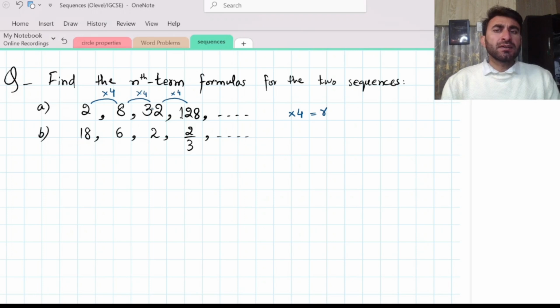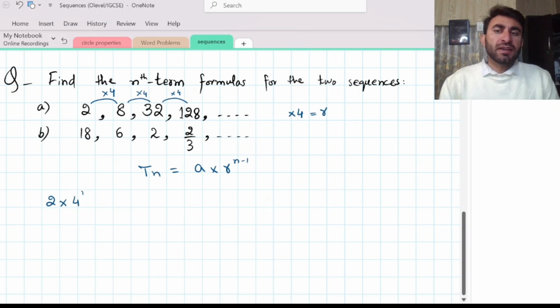If it is a geometric sequence, the nth term formula shall become Tn equals a multiplied by r to the power n minus 1, where a is the first term and r is the common ratio, which is 4 here. In part A, the value of a is 2 and r is 4, so 2 multiplied by 4 to the power n minus 1, and when we simplify it,